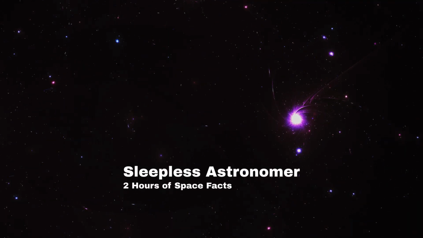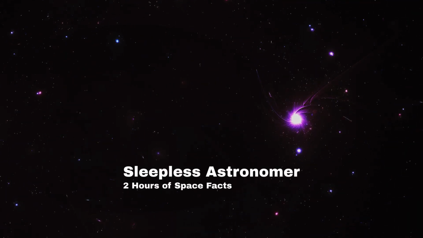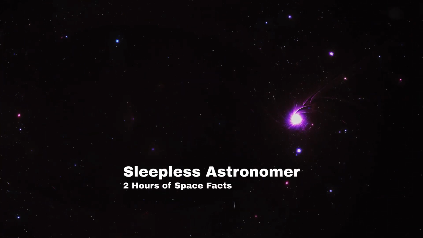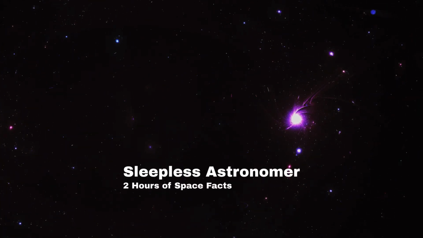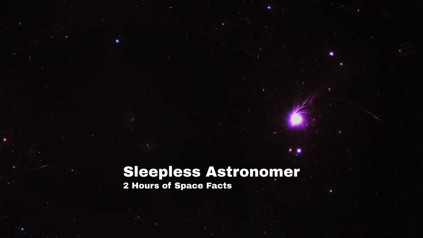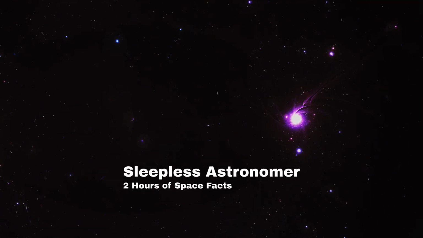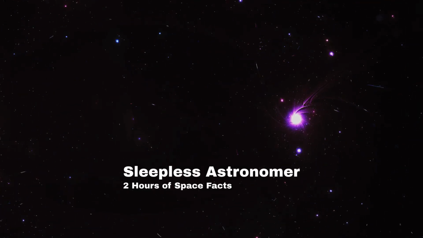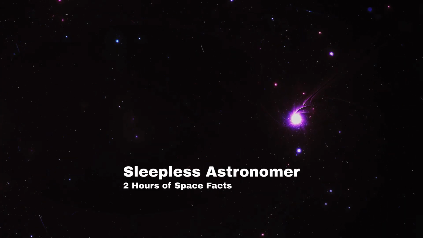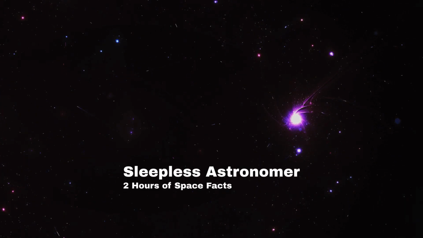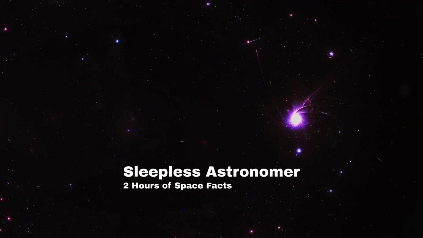Understanding what happens at this edge requires thinking about space and time in ways that challenge everything our everyday experience tells us about how reality works. Imagine approaching a black hole from a safe distance. At first, it wouldn't look like much, just a region of absolute darkness against the star-filled background of space. But as you drew closer, you would begin to notice something strange happening to the light around you.